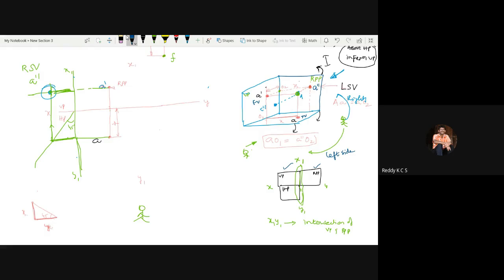This line and this line are perpendicular to each other. When I rotate this, these two lines will come in the same line. It is like opening a page such that the left side page and the right side page come in the same line. Here I have to represent this a dash distance, a double dash distance. Here, a double dash O2 length, if I take, is equal to a O1 length. So here I have mentioned a double dash O2 is equal to a O1 length.